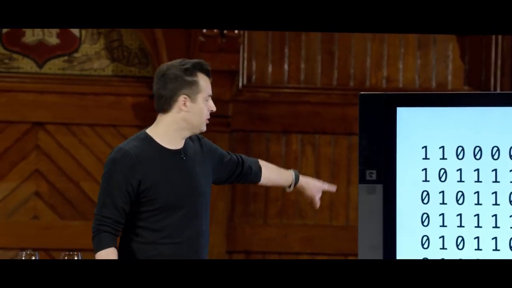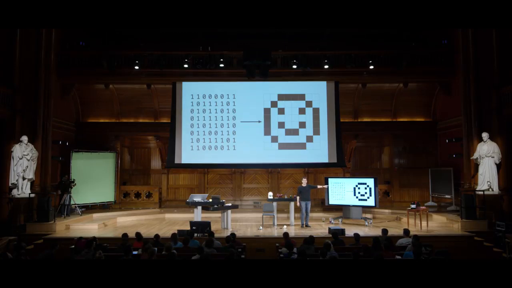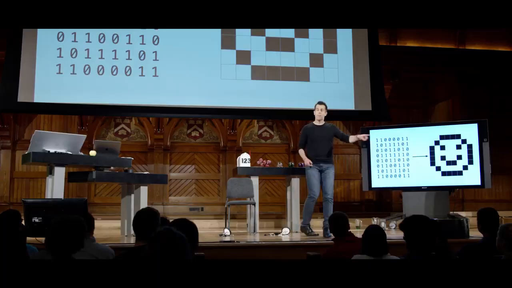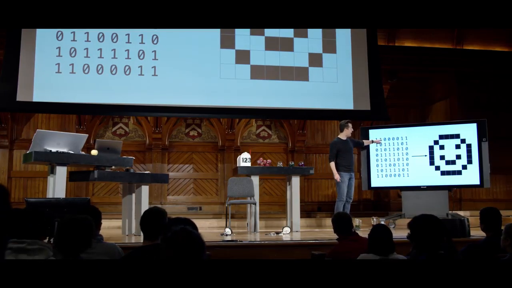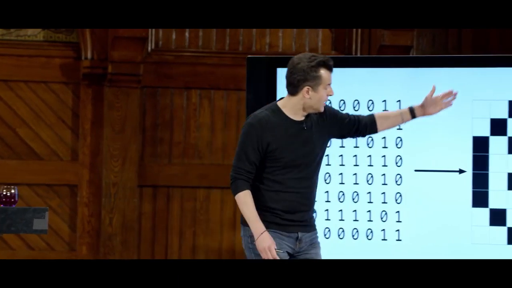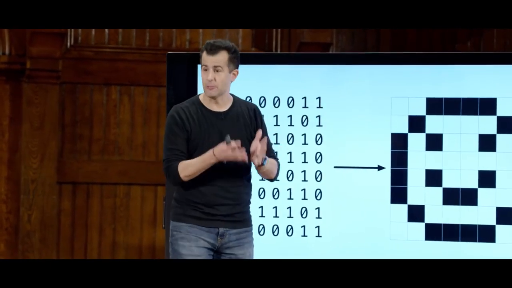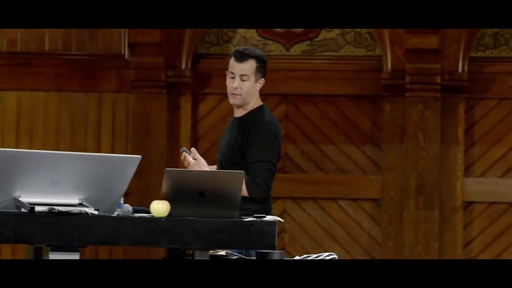Does anyone know what this image is of? Well, how do you, is a non-zero number of you looking ahead on the slides? Because yes, it's a smiley face. And you would only know this by assuming that 1 represents a white pixel, 0 represents a black pixel. And if we effectively have a grid of bits, ones and zeros, this from far back kind of looks like the simplest possible smiley face. So that's an image or a bitmap, a map of bits that represent the pixels in an image.